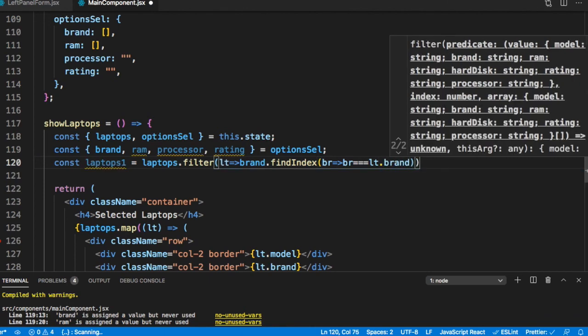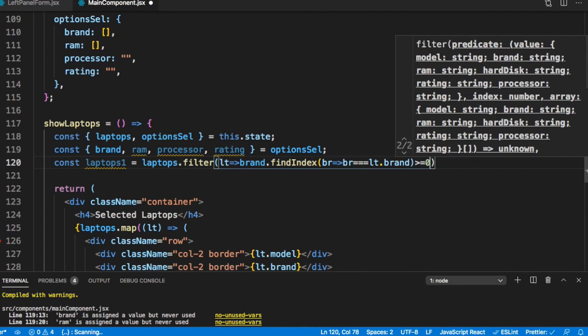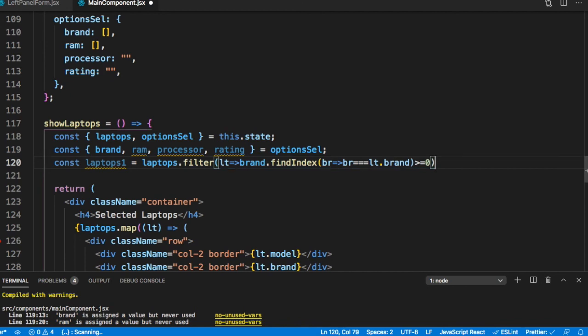If this index is greater than or equal to 0, then we should be filtering it successfully.